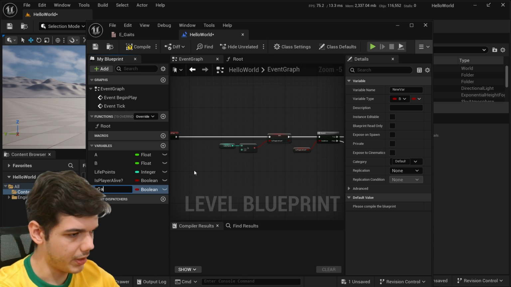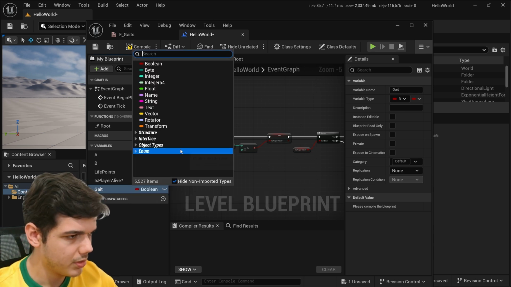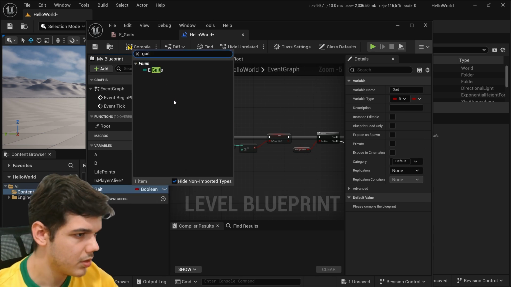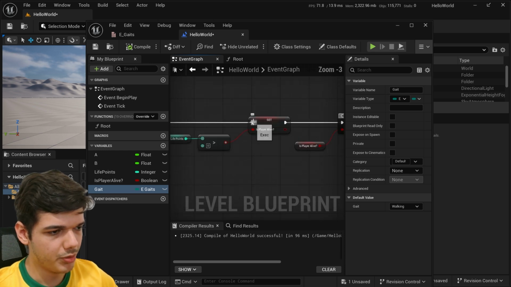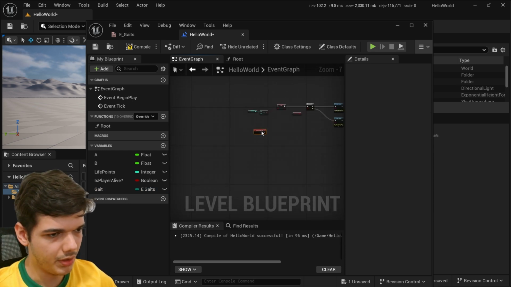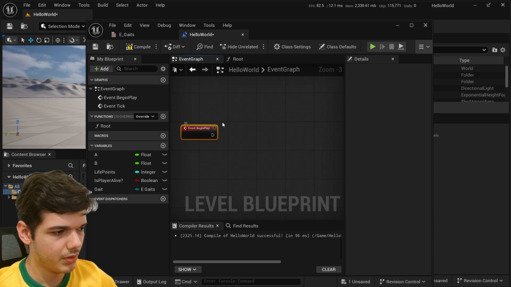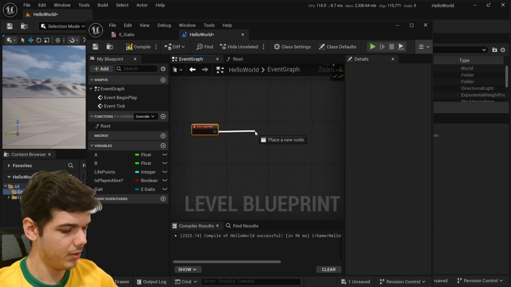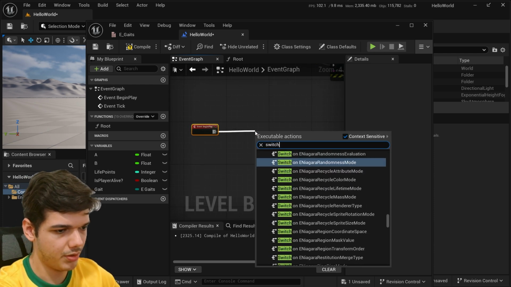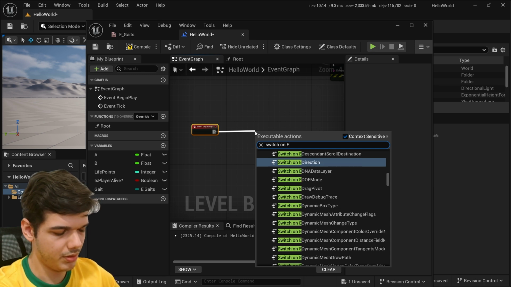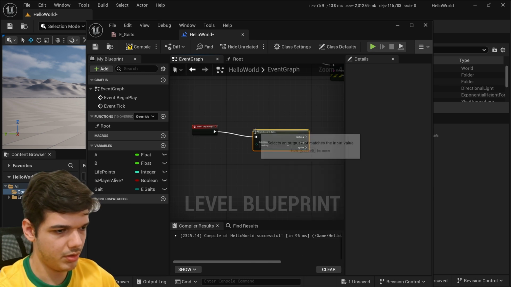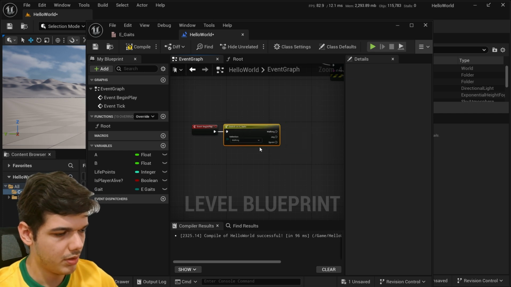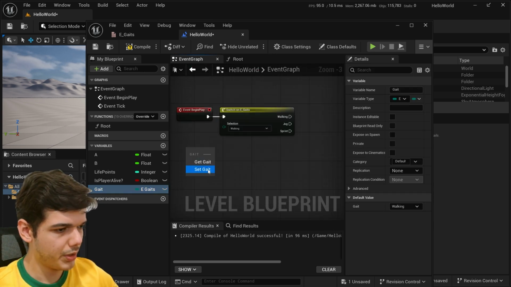Let's call it gate, and we'll just cut here and put here switch on gates. Here we drag to get the value,